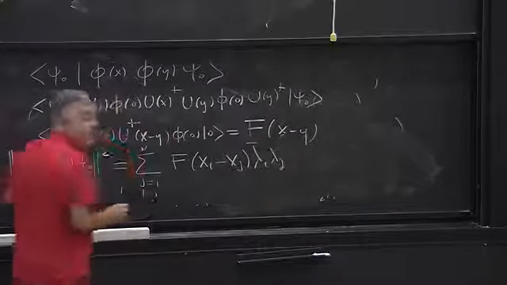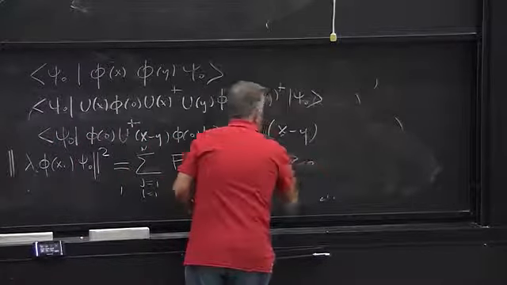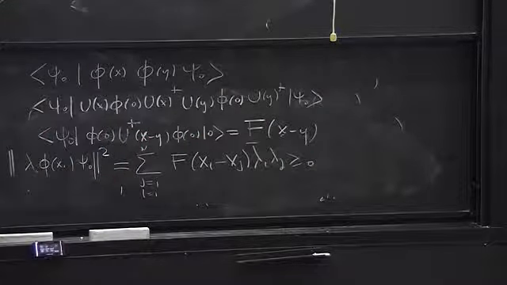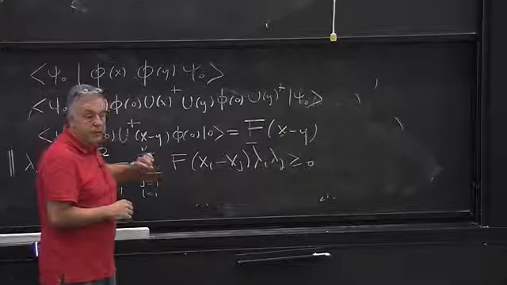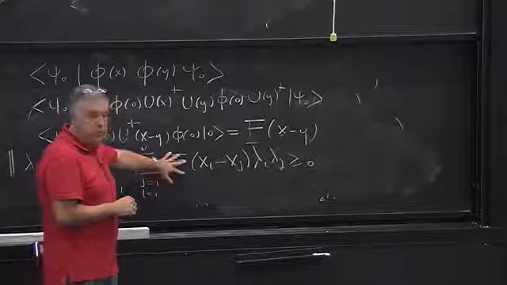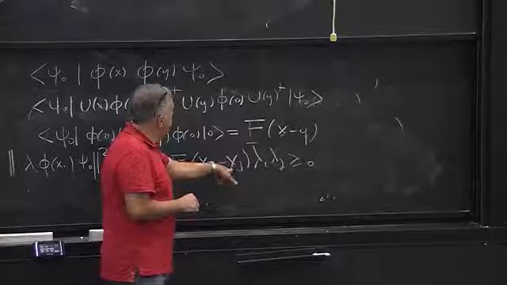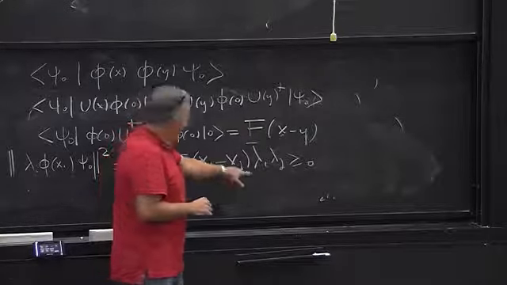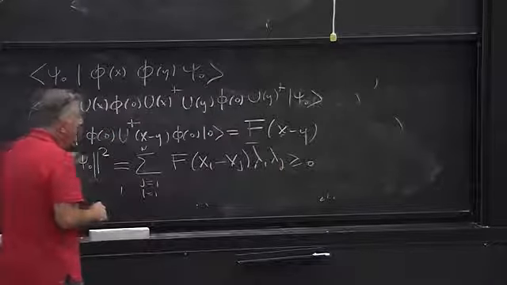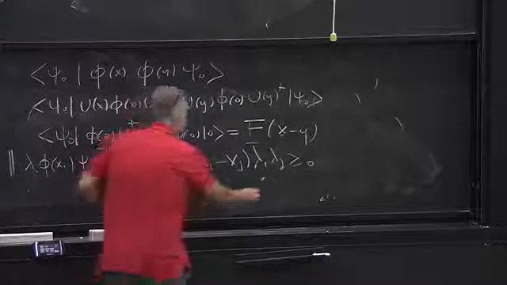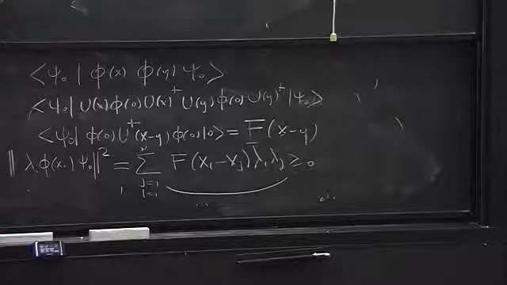Lambda are complex numbers here. And this being a norm is a positive number. And a function which has this property is called a function of positive type. You see, you give yourself a function. You use the function to build up this matrix. And then you compute these numbers. And because this is a norm, this is a positive number, and the function which satisfies this property is called a function of positive type.